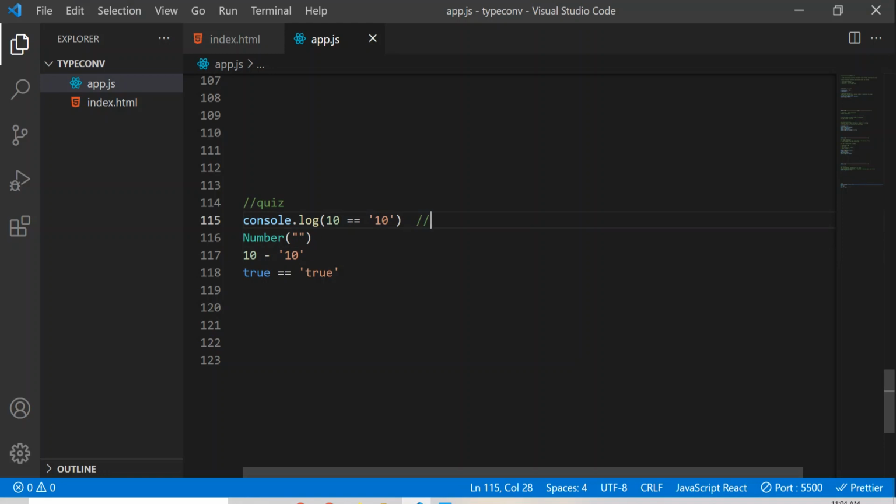But here what's happening is it is converting this string into a number. Okay, string to number, not like plus. This is just like the other operators, minus, division, modulus, all the other operators. It's converting string to number. That's why here this string 10 is converted to actual 10, and 10 is equal to 10 and we got output as true.